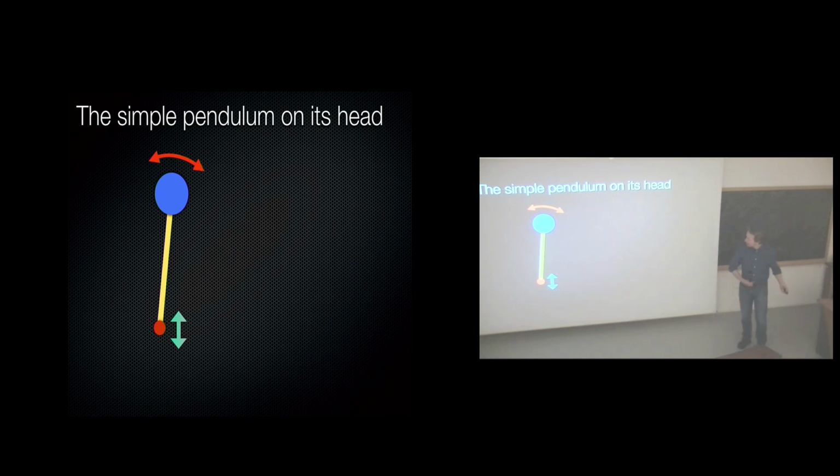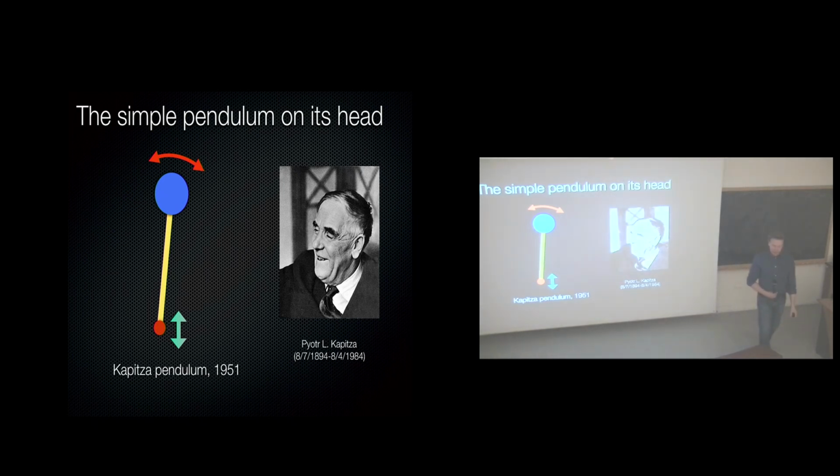The fun thing about this is that it was theoretically described only in 1951. You would have thought that people from classical mechanics a couple of centuries before would have been able to do that, but no, that is really second half of 20th century. So Piotr Kapitsa described that. Those of you who like renormalization, I would qualify this as the best example in which integrating out high energy degrees of freedom gives you effective low energy degrees of freedom with interesting properties. Okay, it's a nice little mechanical thing to do.